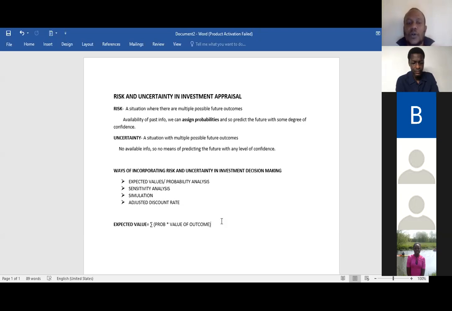Okay, so our expected value, we said expected value is probability multiplied by the value of outcome. So we sum all the probabilities times value to arrive at our expected value. Now let's look at the questions we discussed